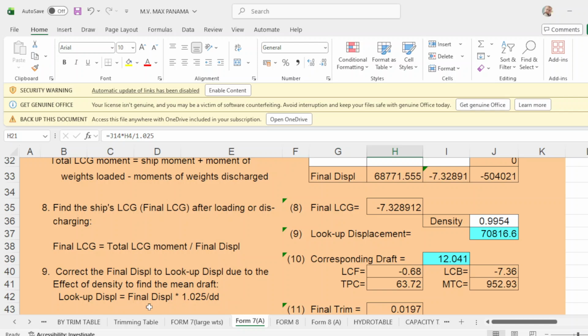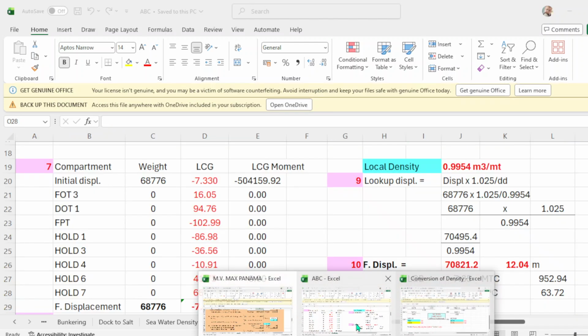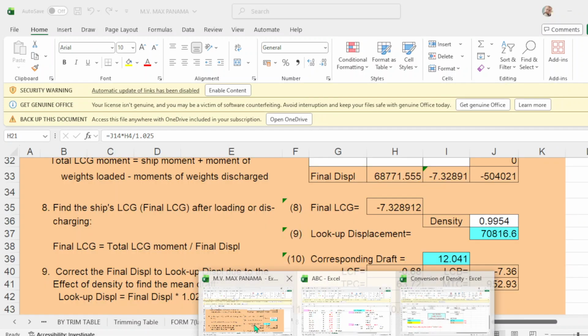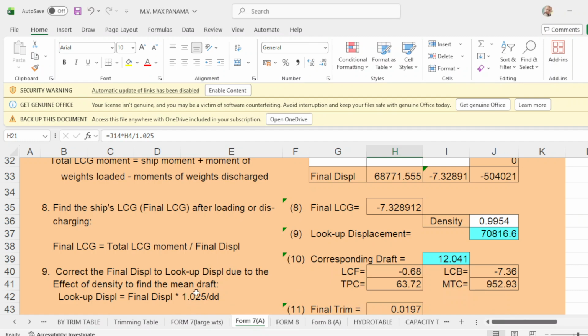So I have here number 9, my final displacement is 68776, okay, times your constant of 1.025. So it is constant at 1.025,